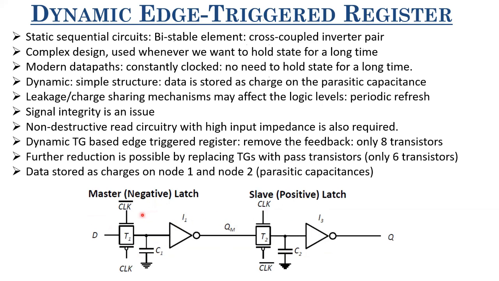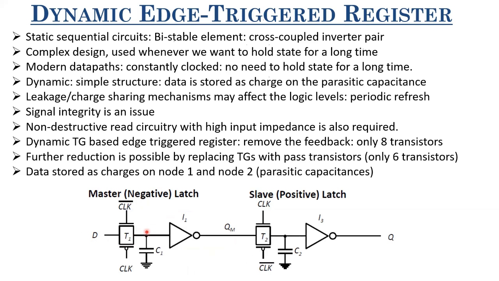Now if we connect them in this master-slave configuration, what happens? Whatever value of D is sampled at the rising edge of the clock. So till the clock is 0, D is sampled here. This is inverted, and QM is basically the inverted value of D. And the moment clock goes to 1, this transmission gate turns on, this turns off. So whatever value of D was sampled here remains there,